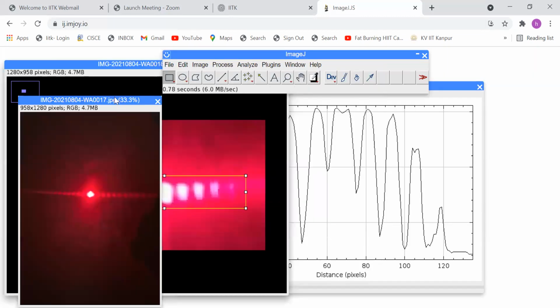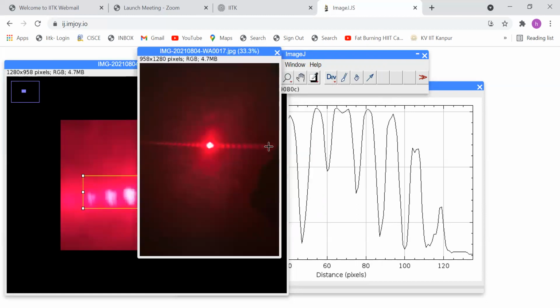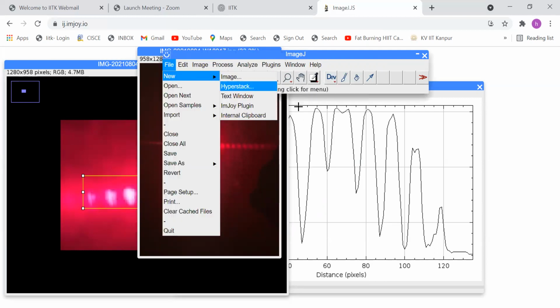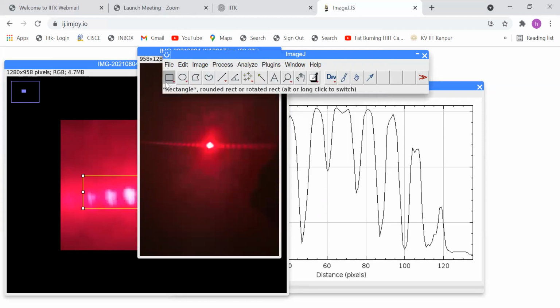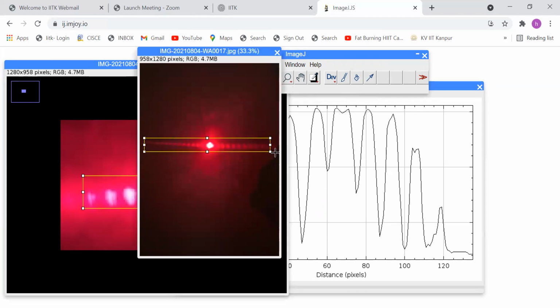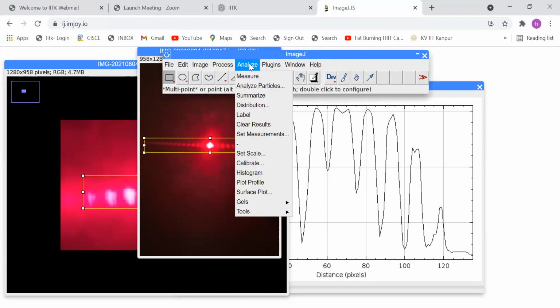Look at this, right? It is kind of tilted, you know, so our data is not good. It won't fit in a straight line, but suddenly the square tool will average it beautifully. So let me just do this. I take my square tool. I select the portion for which I want my features. And now I will go back here, look at analyze and plot the profile.